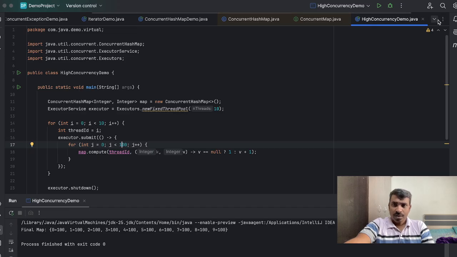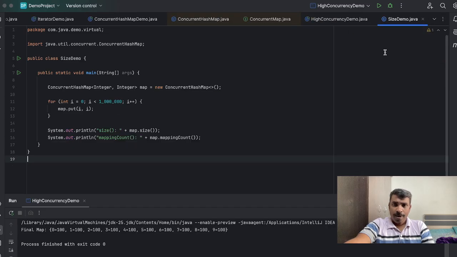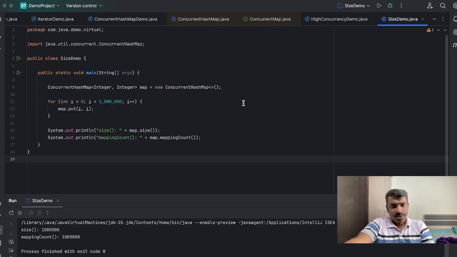In the size demo, I will run and see this example as well. So size and mappingCount. Okay, I'm running, it is showing the same number now. Still you can see the same number, means these both are giving you the same output, but still